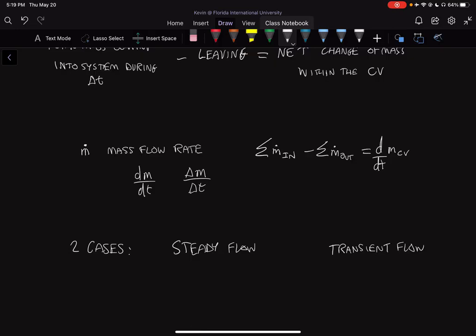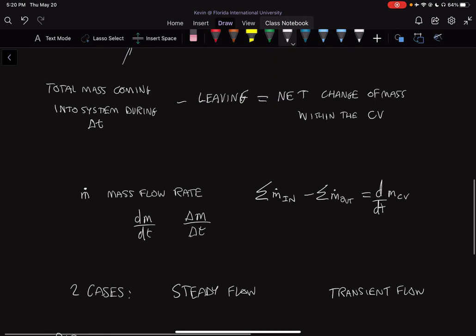So let's take an example and understand if something has a steady flow or a transient flow. An example of a steady flow would be pipe flow. So pipe flow in thermodynamics can be thought of as a steady flow,